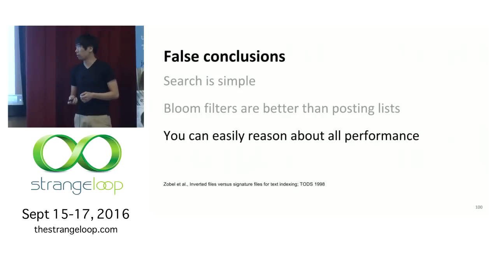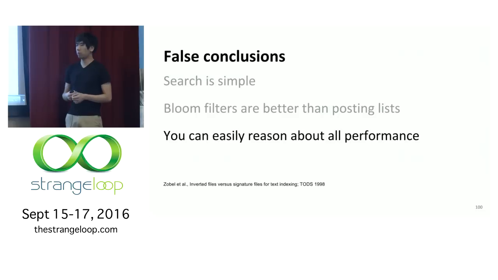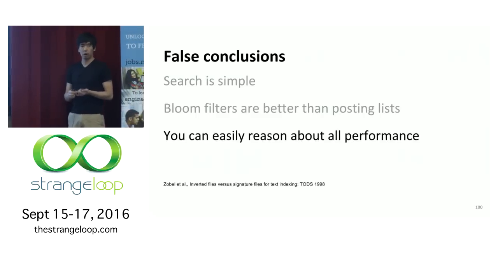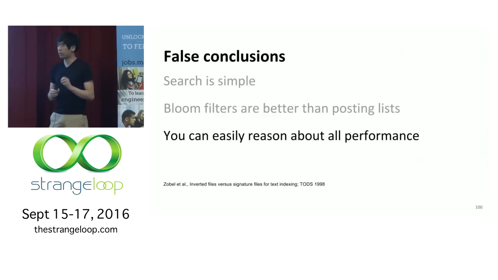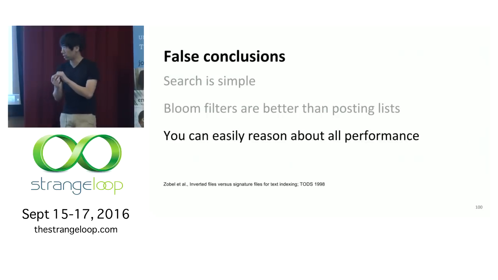Another conclusion you might come away with is you can easily reason about all types of performance. So here I cheated, right? I picked a problem where I knew we could reason about performance and get a good estimate. And then we got a good estimate, right? But it turns out this is not always the case. Some cases where you can get a good estimate are when you're trying to estimate basically the average throughput of the system. This is fairly straightforward to do, and this is what we did today. You can often do back-of-the-envelope math, a pretty simple way, in 20 to 30 minutes, to get an estimate of the performance of a system that's going to take 2 or 3 years to build. So that's one thing that's easy to do.